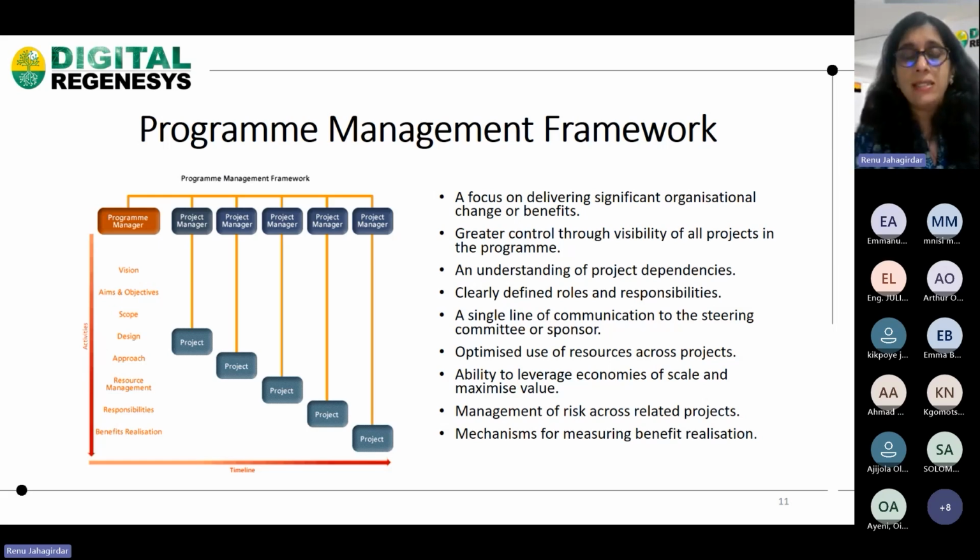So likewise, I as a program manager have to be very well aware of what resources are required for each of these projects. Certain projects are resource demanding. They demand a lot of resource. Some projects are labor intensive, that means huge labor is required. Some projects are capital intensive, that means a huge amount of finance and money is required. So basically, what are the resources required, and how do I optimize these resources across the projects?